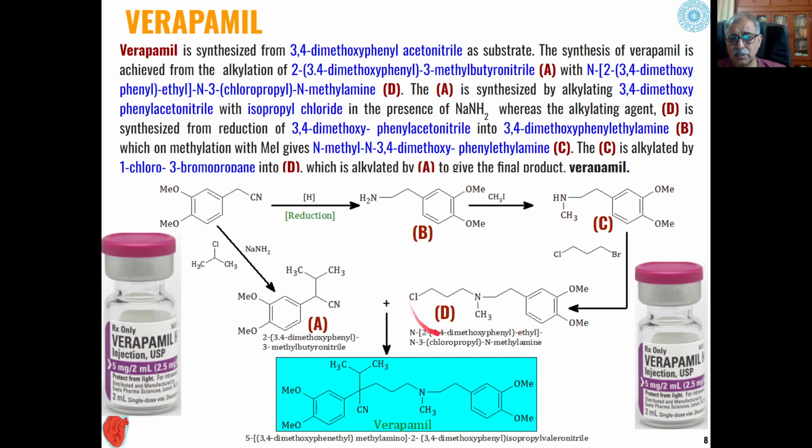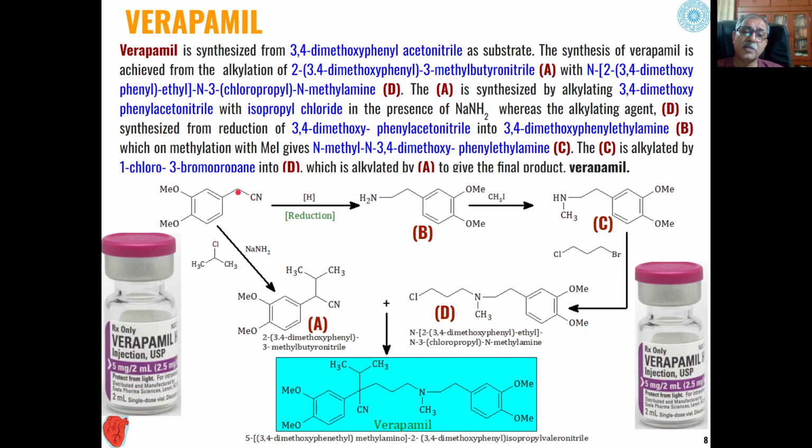So this derivative, which is required for the synthesis of Verapamil, is now ready through these functional group transformations of 3,4-dimethoxyphenyl acetonitrile. Similarly, another molecule of 3,4-dimethoxyphenyl acetonitrile, when this is reacted under drastic basic conditions, sodamide, you know, is a strong base. When this is reacted with this in presence of isopropyl chloride,